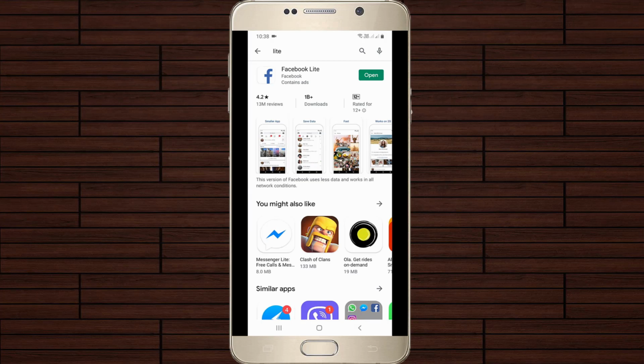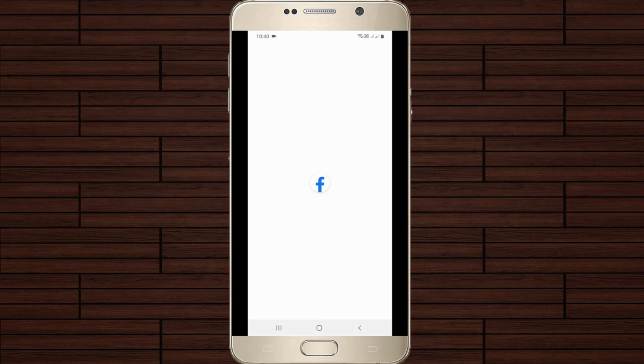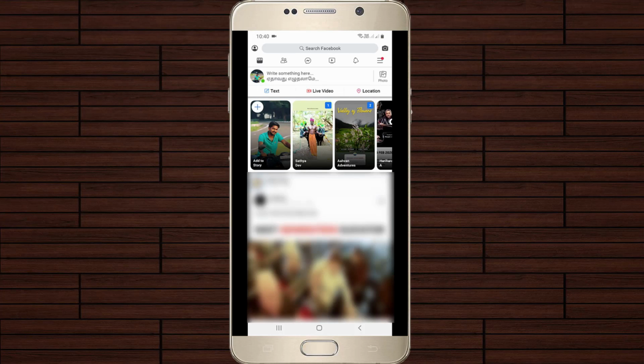But here I'm using the Facebook Lite application because it consumes less mobile data. Due to this reason, most people use this Facebook Lite application. So if you haven't installed it, first of all you can get it from Google Play Store or App Store. After the installation is completed, just click to open this Facebook Lite application and don't forget to log in